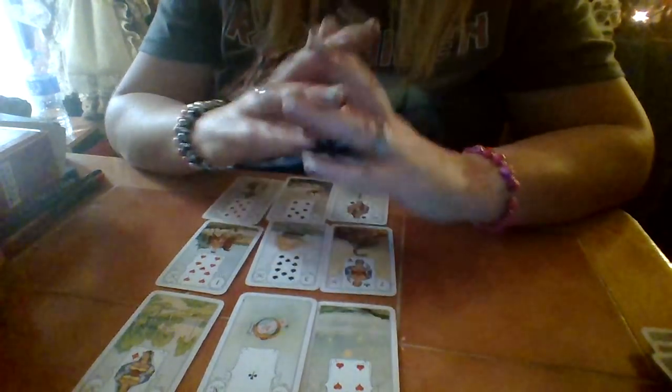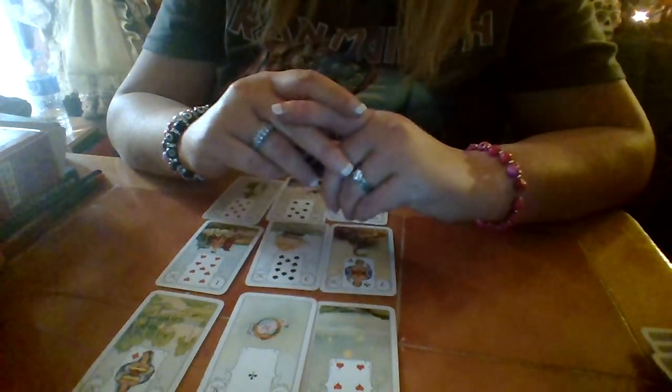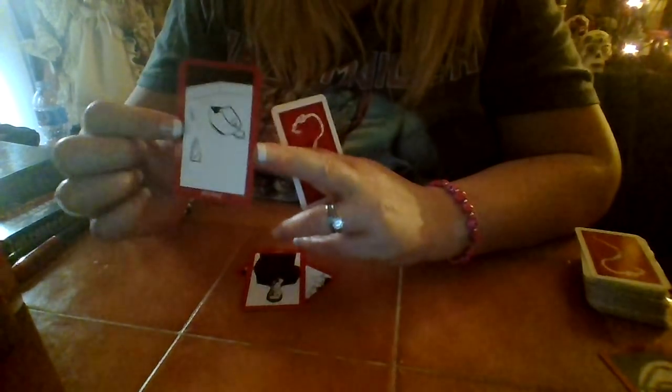So let me draw a few more cards. Let me see. I'll look at my answer deck. Okay, I pulled 4 cards out, and actually one popped out. Now I pulled out first the brown-haired woman, and I know that's not you. So I think we're focusing on someone else in this relationship. And I see mistake,